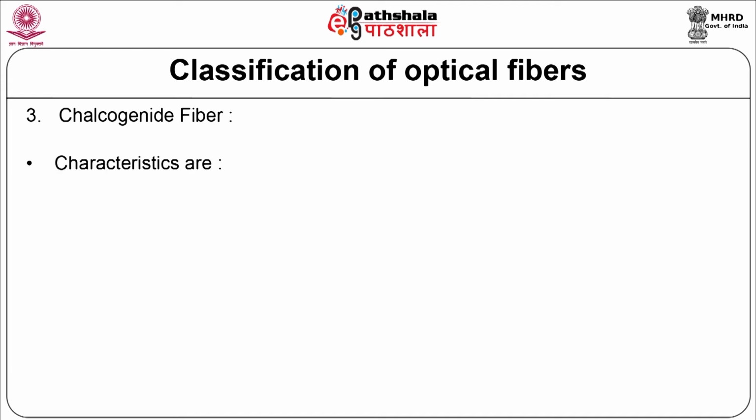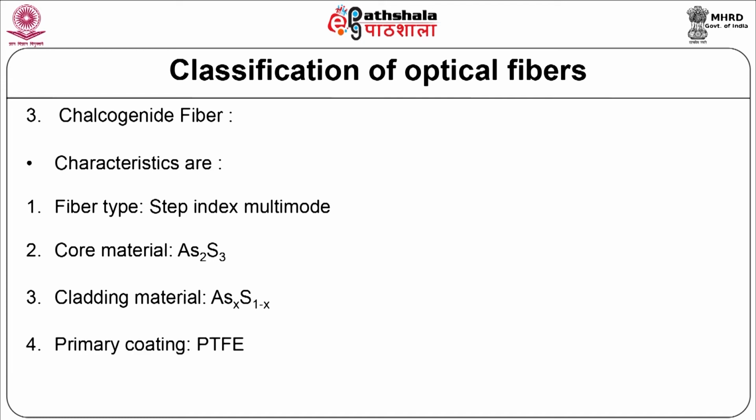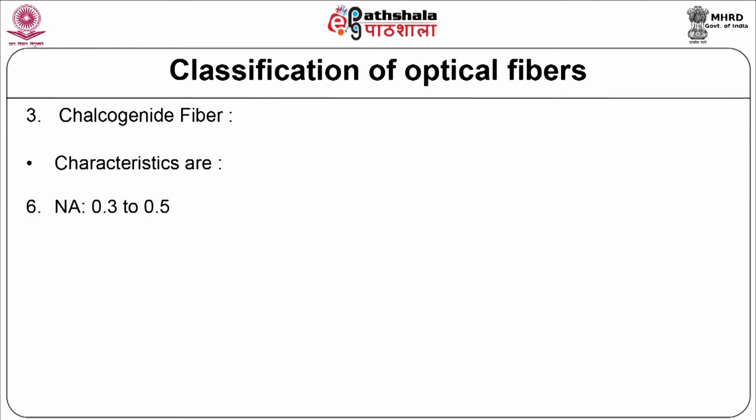The characteristic features are: the type of the fiber used is step index multimode, core material is As2S3, cladding material is AsxS1-x, primary coating is PTFE, secondary coating is PTFE or PVC, numerical aperture 0.3 to 0.5, bend